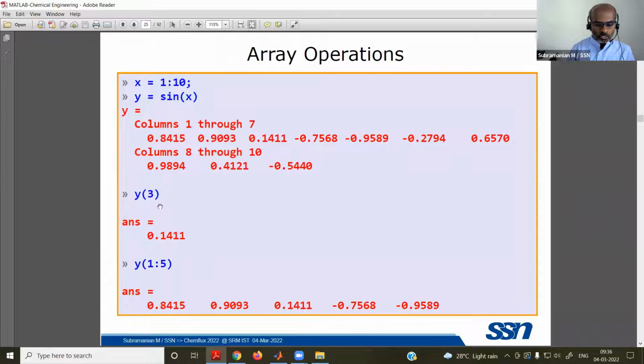Okay, now how to extract a specific element of a matrix or array? Of course, a matrix is also an array. So how to extract a specific element of an array? y of 3 means the third element. So the third element is this 0.141. Or suppose you want to get 1 to 5 of y, you can specify this. Okay, now